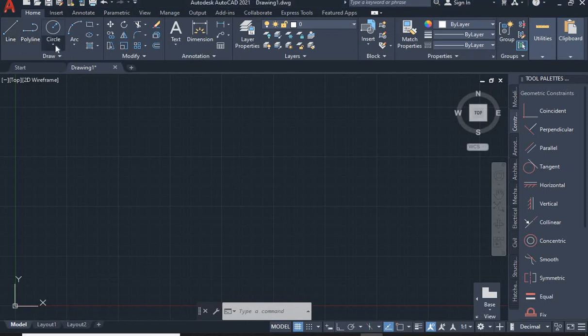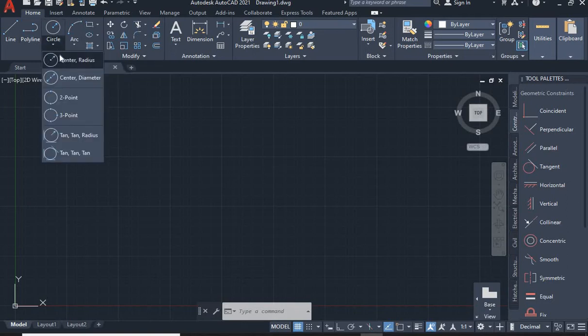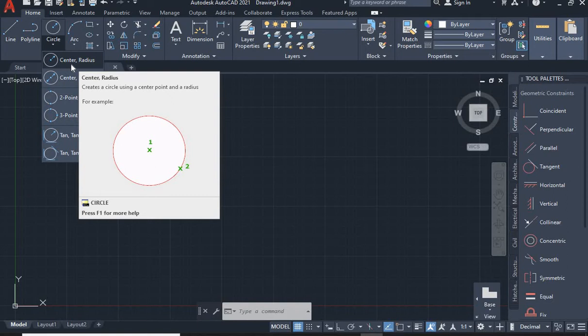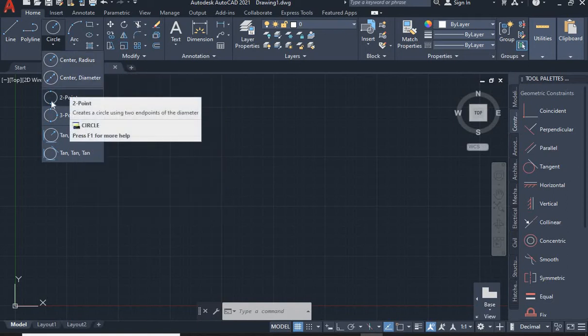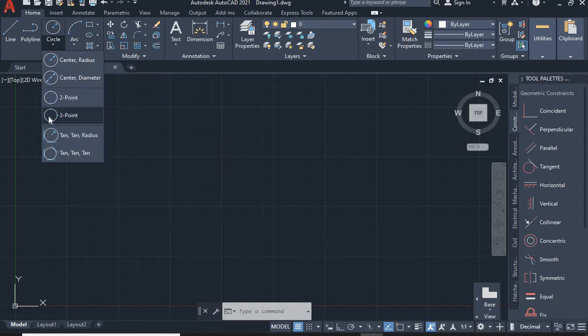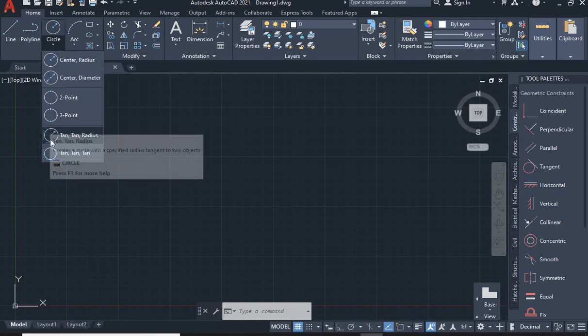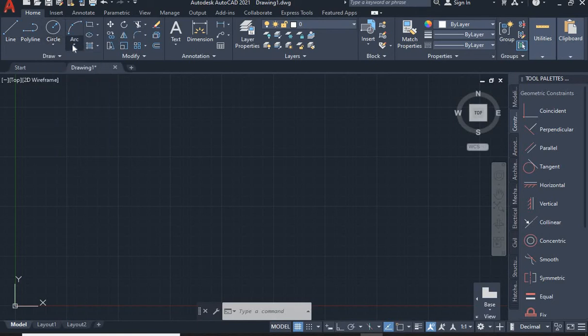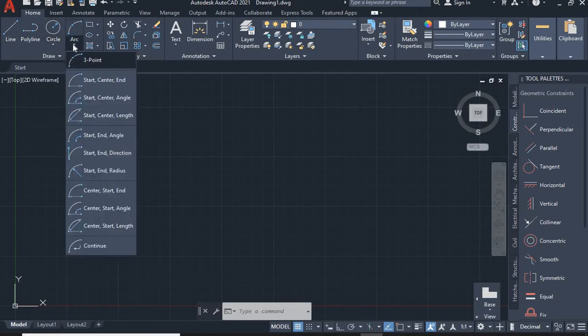Under the circle you'll have a few extra options here, like creating a circle with center and radius, or center and diameter, or a circle between 2 points, or between 3 points, or the two tans along with your radius, or all three tans surrounding the circle. So these are a few basic options for the circle, and in the same way for arc also you have